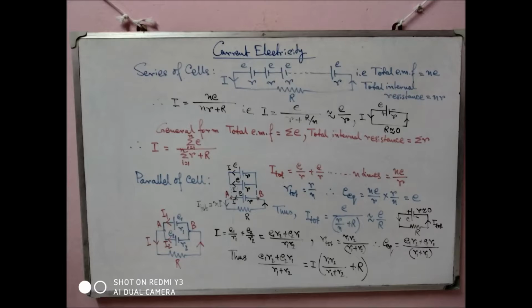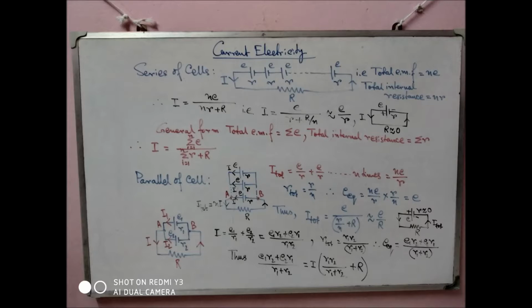If I take each branch, meaning each cell, the current is I, then the total current is nI, because n number of cells are there. Now what is I? If I consider only a single cell with no external resistance, I equals small e by small r, by Ohm's law, V equals IR. So E by R, and the current will be added n times, so nE by R.